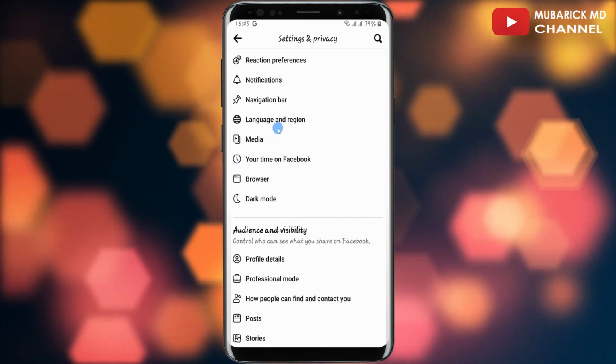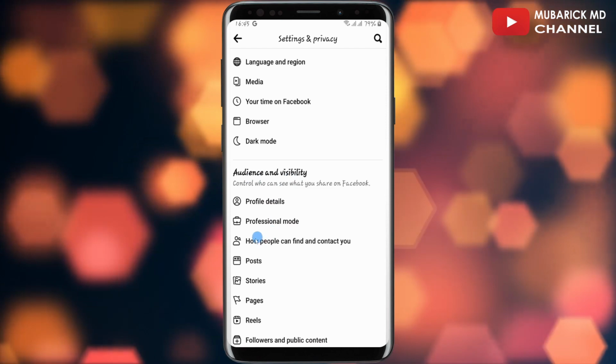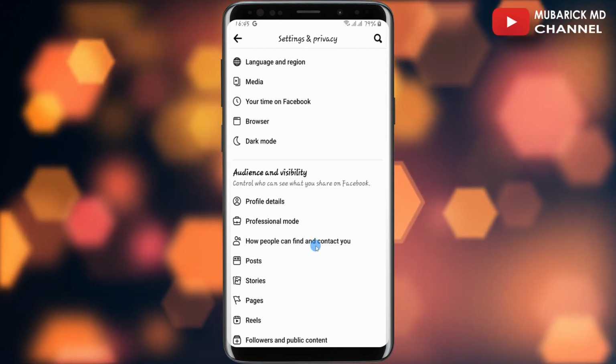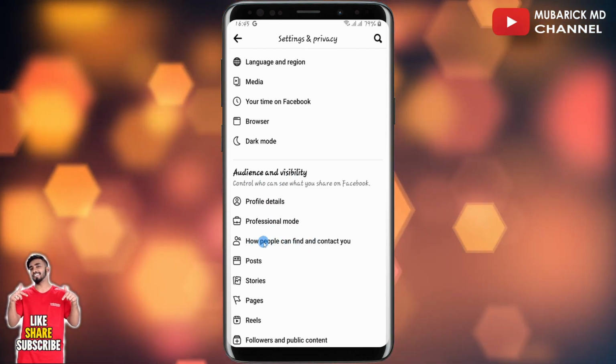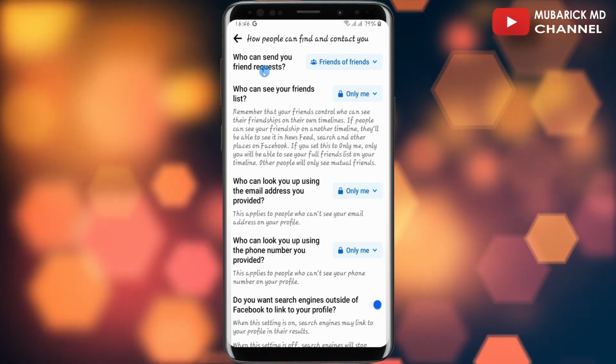Continue to scroll down until you locate audience and visibility. Under audience and visibility, you see an option, how people can find and contact you. Continue to tap on it. In order for you to hide your Facebook profile, all you have to do is to make sure that you